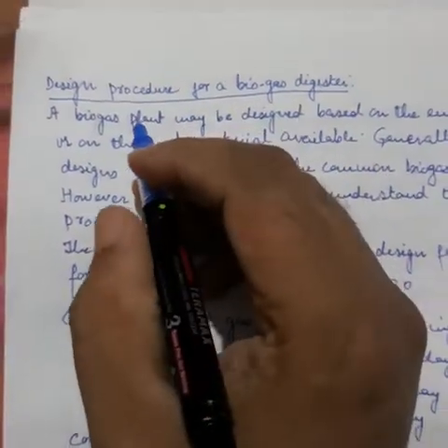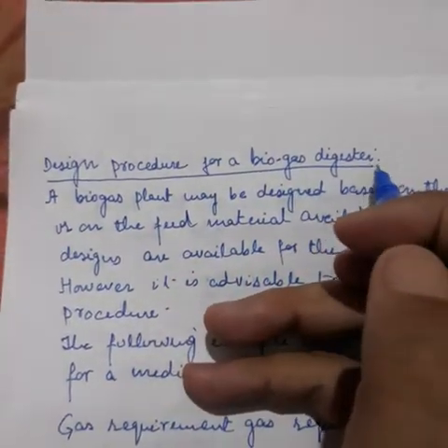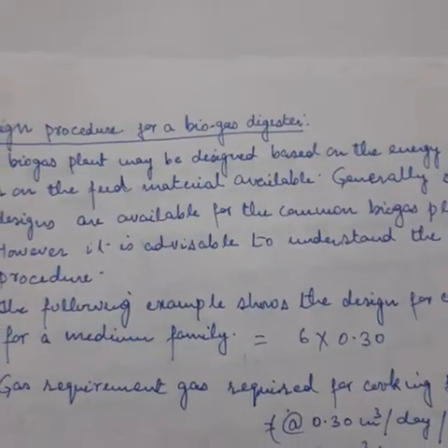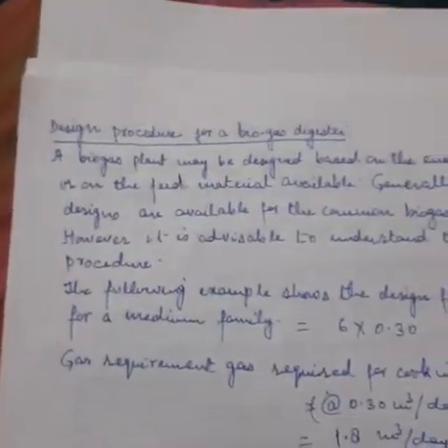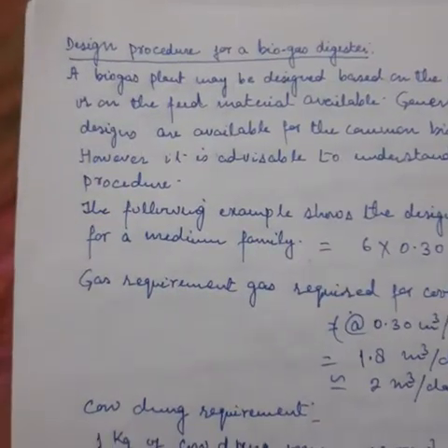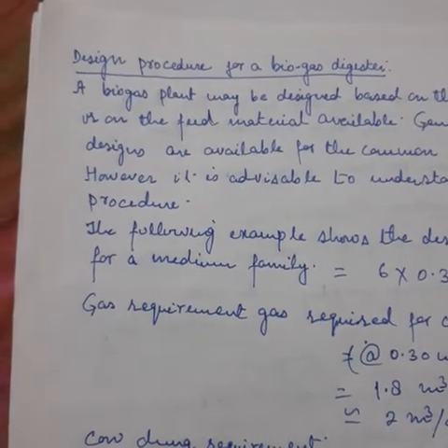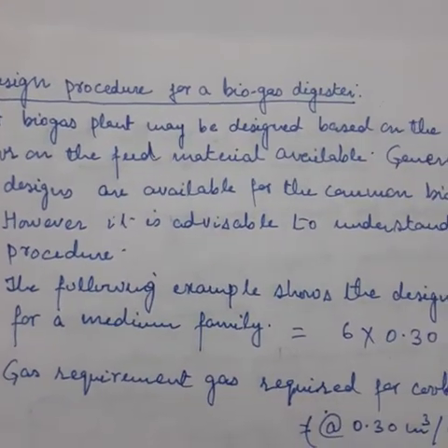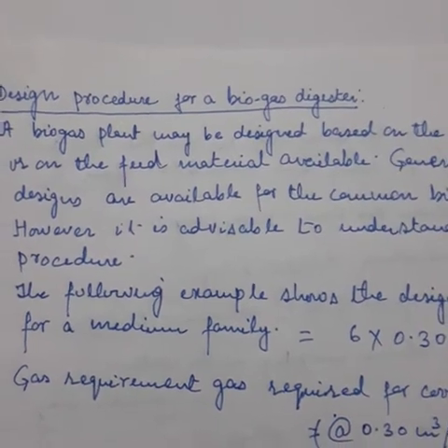Good morning. Today I will discuss a new topic, that is the design procedure for a biogas digester. We know that the size of the biogas plant determines the volume and the quantity of biogas to be obtained from the plant. So we first calculate the necessity, according to the requirement, for making a biogas plant, and it is to be based upon a small unit, a large scale unit, and to run the power plant.